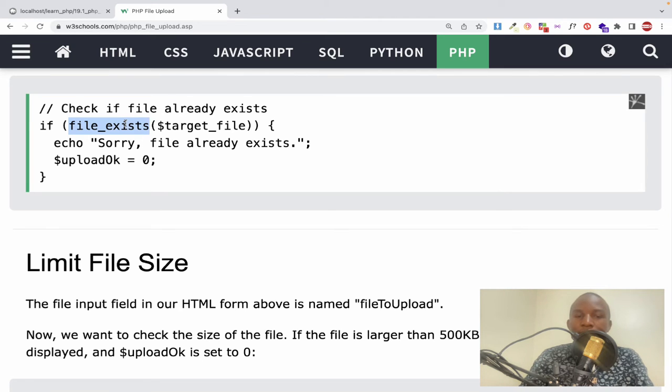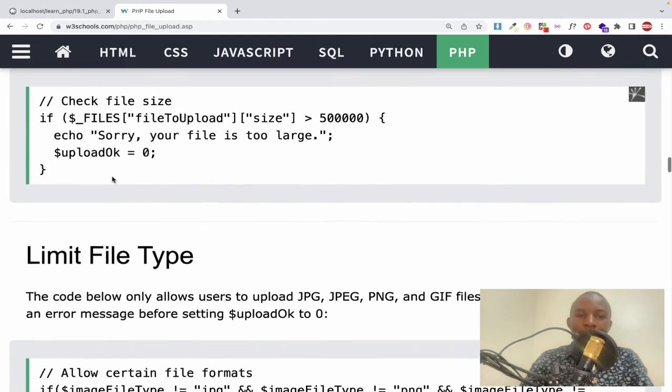Okay, so by just checking the path if it is existing, using this method. If you don't check that, then the file will be overwritten, but that is optional. You can do it when you want. So the next thing is now to